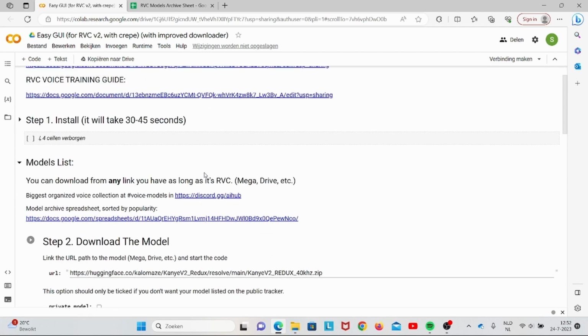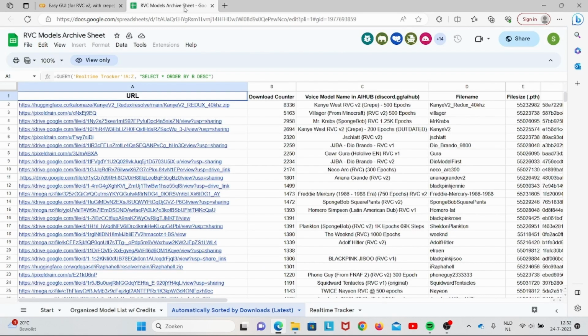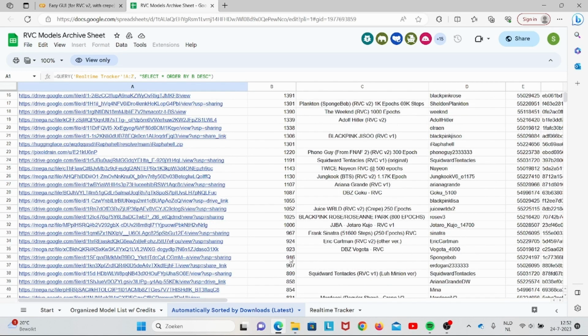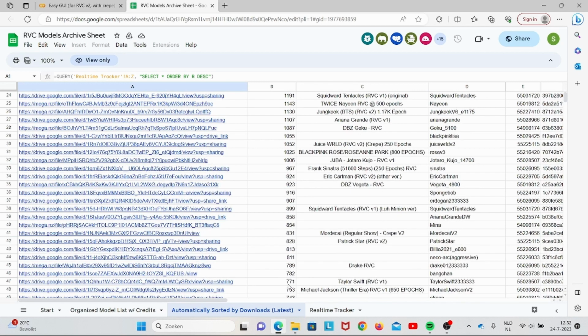Then you go to RVC model archive. This is a spreadsheet of the different voices people already made. So these are all the popular ones and they are ready for you. For example, if you want to use Drake's voice, you just go to 45, you copy, then you go back